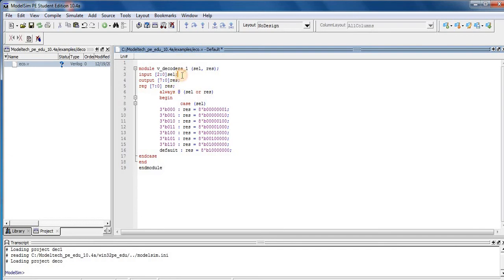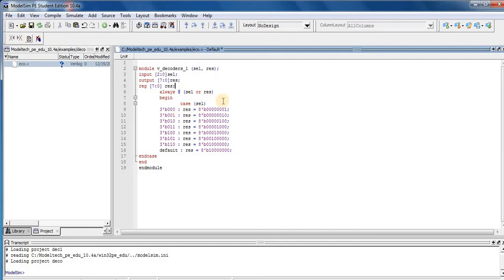After the first line I declare SEL as the input of 3 bits and RES as the output of 8 bits, with RES an 8-bit register. Then I type always @(SEL or RES) begin, and then I apply a case statement in the Verilog HDL module, and SEL is our input.